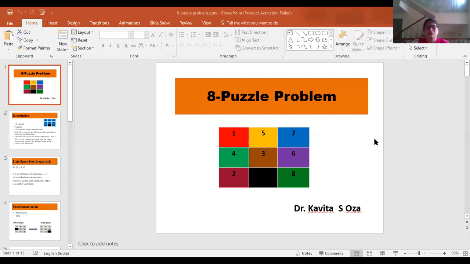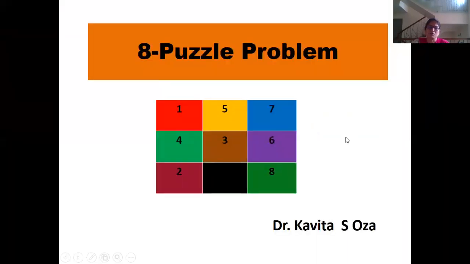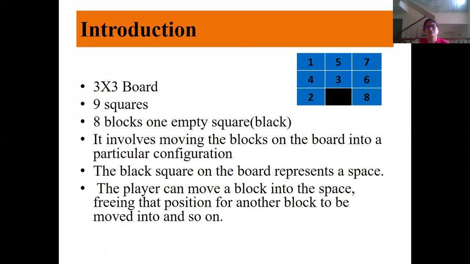Today we'll talk about state space search example. I told you last time, we'll take an example and discuss it in detail so that you understand how to solve or how to represent a problem using a state space search. A very simple and interesting example we'll talk about today is the 8 puzzle problem. You can see the colorful blocks, and of course it is a way to arrange blocks in a particular order. So let us see what it is.